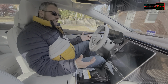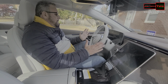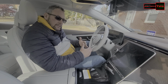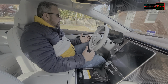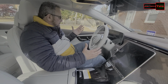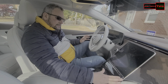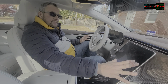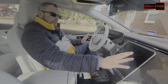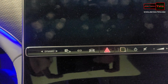We're inside the vehicle. This is a luxury car. This is unbelievably comfortable. I can't wait to get inside of this car to drive. It feels like it's a $1 million car. It's unbelievable. Controls are right where they should be, easy to access, nothing reflective on any of the surfaces for the sun to glare onto, like the EQS. It is an unbelievable vehicle. So let's power this bad boy on